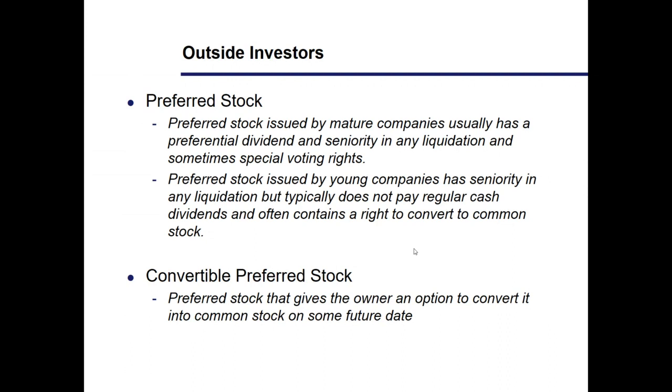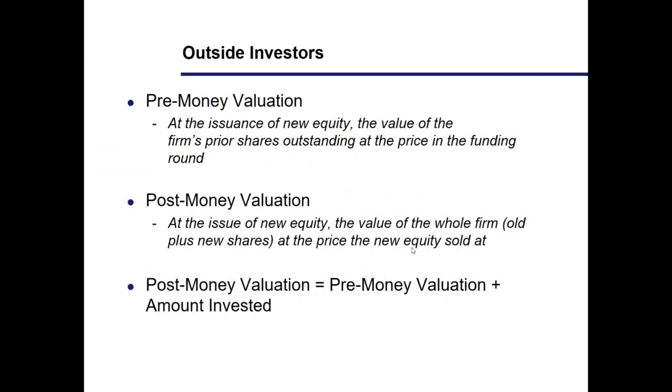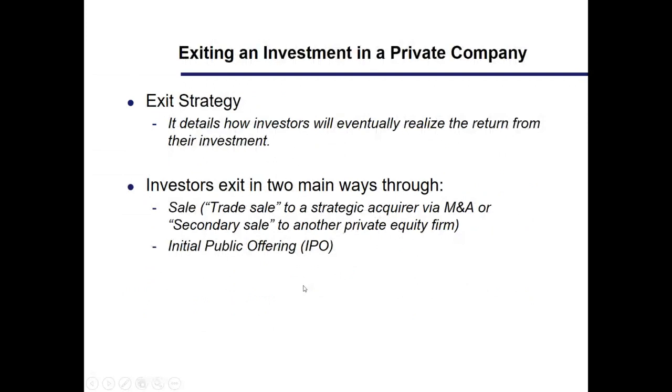Okay, then you have what we call the pre-money valuation and post-money valuation. The pre-money valuation is, at the issuance of the new equity, the value of the firm's prior shares outstanding at the price in the funding round. And the post-money valuation is, at the issue of the new equity, the value of the whole firm, I mean old plus new shares at the price the new equity sold. And this is the way you're going to be able to determine the amount invested when you make a new round of